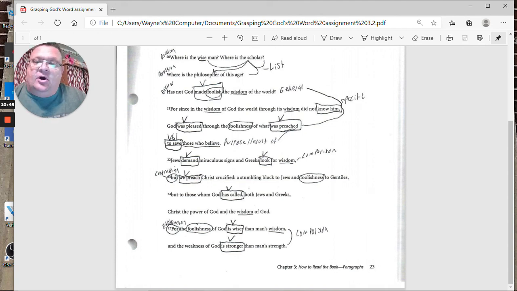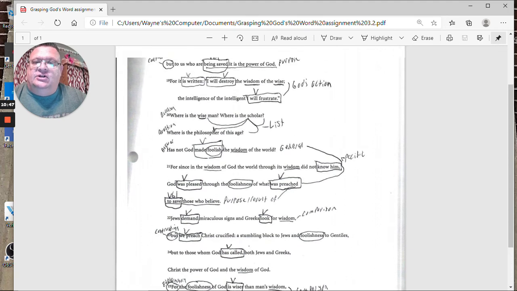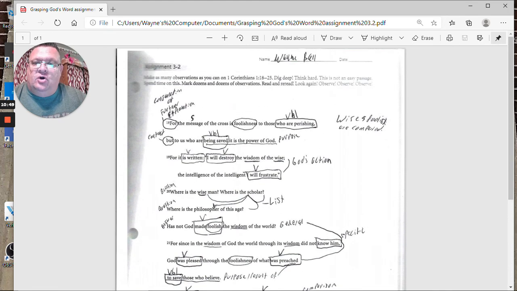So guys, I hope that you found this helpful as you do your homework. You can keep these things in mind. Hopefully you can find 40. This little S here, if you've seen that, is subject. I think you can find 40 fairly easily, especially just by looking at the verbs.